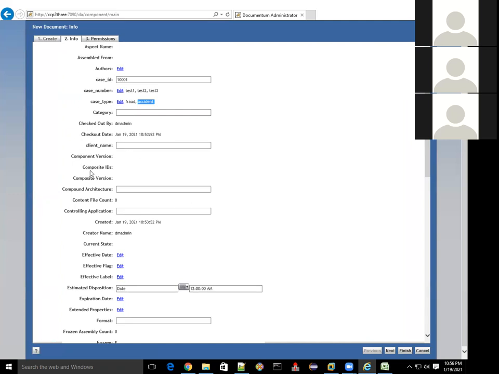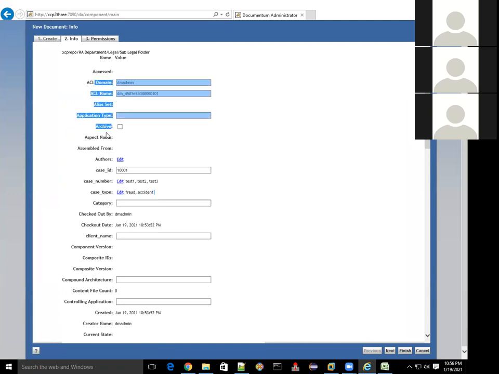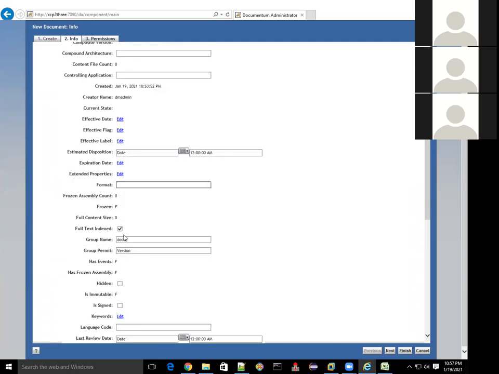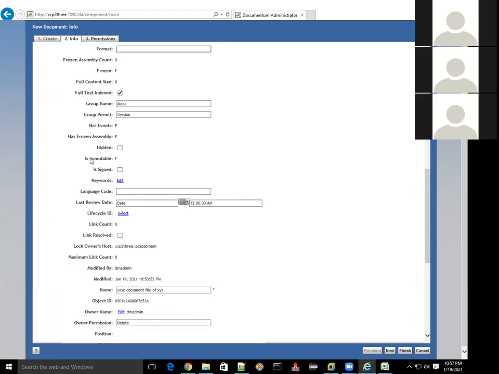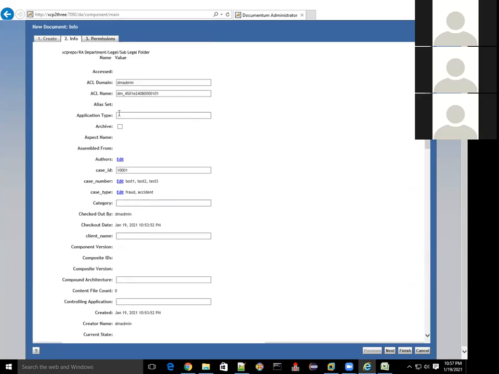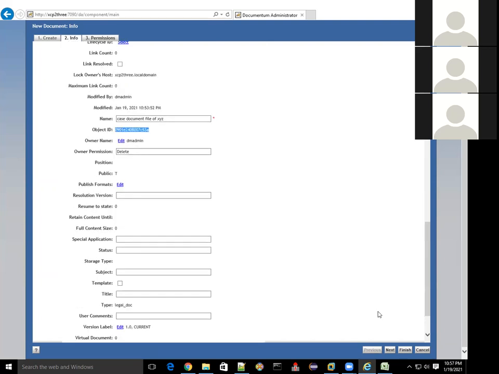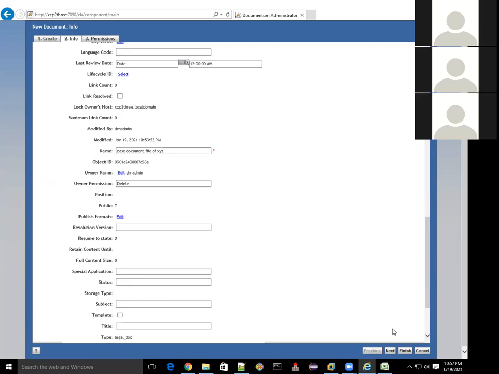And the others, see, we are seeing these, right? Why we are seeing these: ACL domain, ACL name, alias set, application type, archive. These are the inherited ones, correct? So in case we have to, we can give the value here, of these, right? And also here's the object ID. See, by default it's created our object ID, correct? And if I click finish,